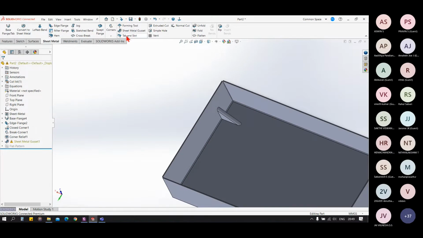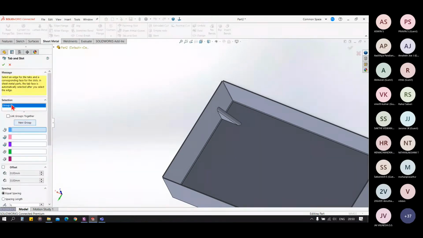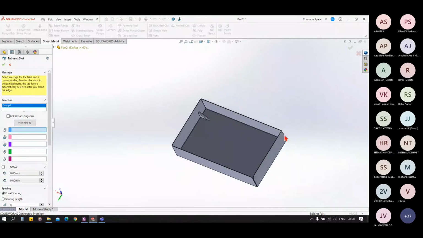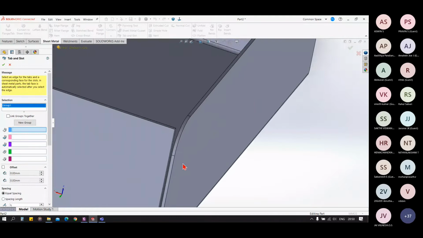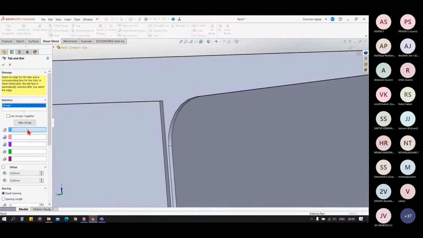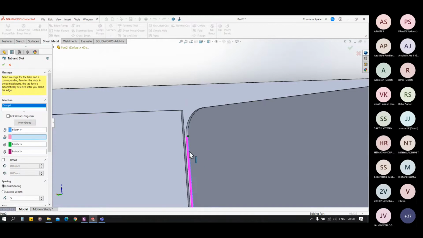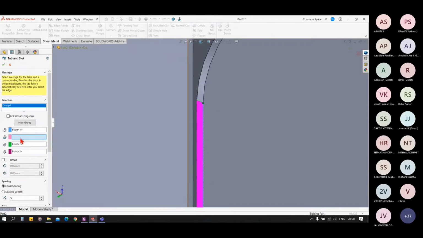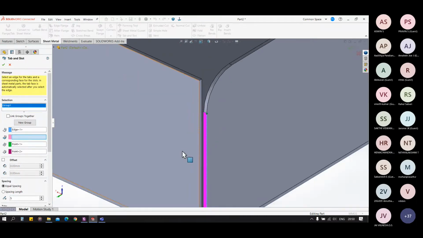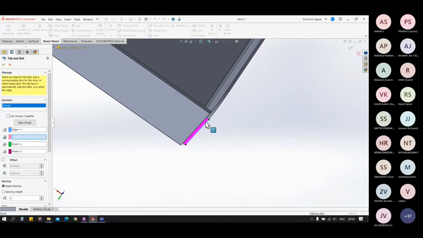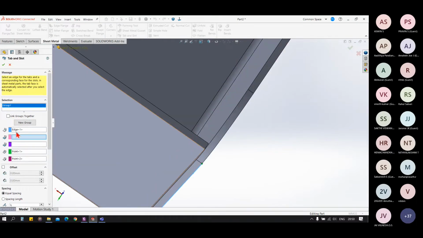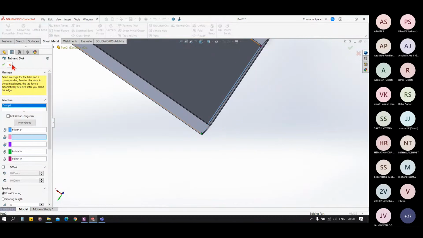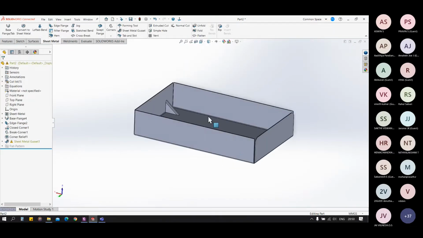Okay, for now, tab and slot. Let me create another example for tab and slot.